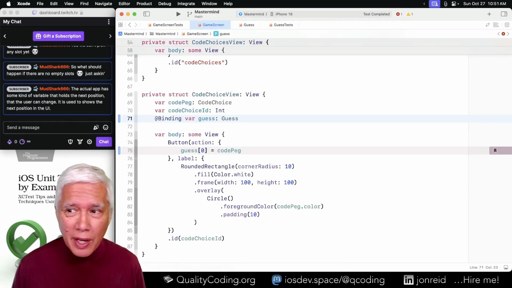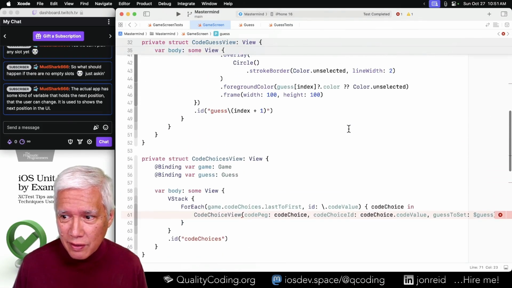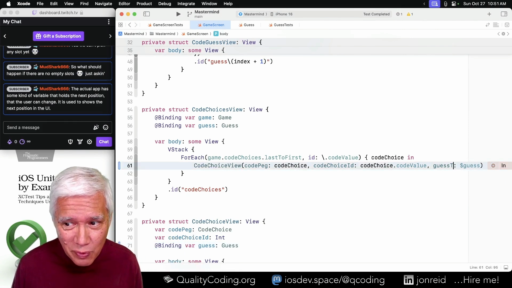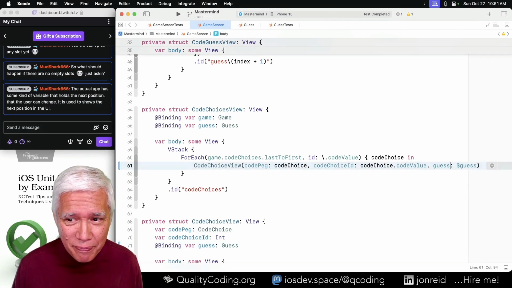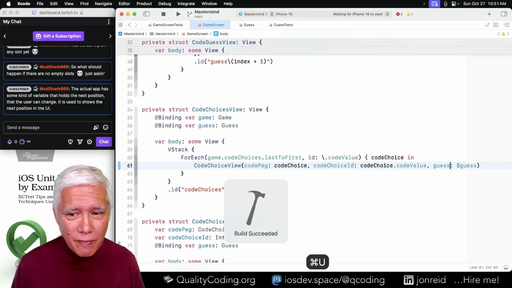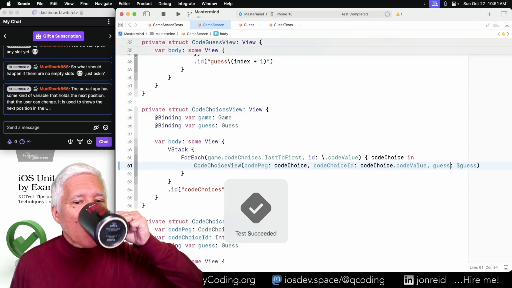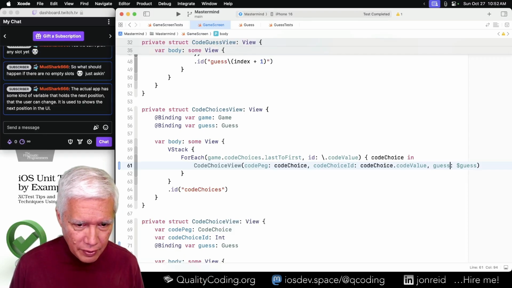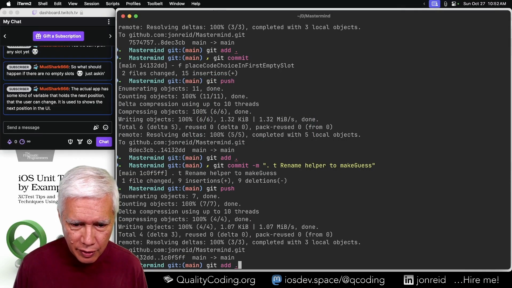So this will now break because it didn't figure out that we need to rename it here. Honestly. That is a definite improvement.